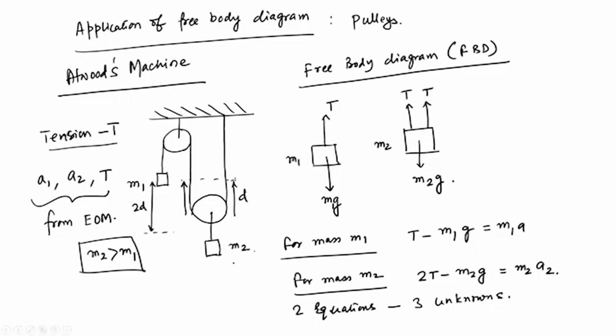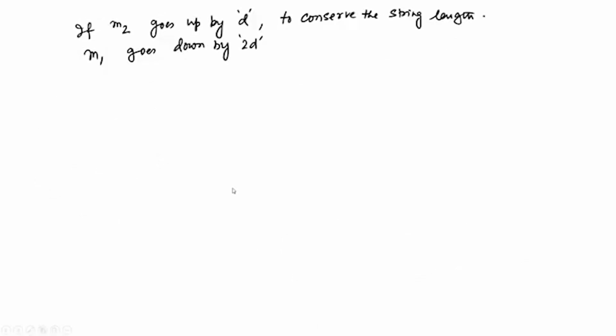Thus for a general case, you do not need to talk about D or anything. Basically the displacements of the two are related by y1 equal to minus 2 y2, where y1 is the displacement of m1 and y2